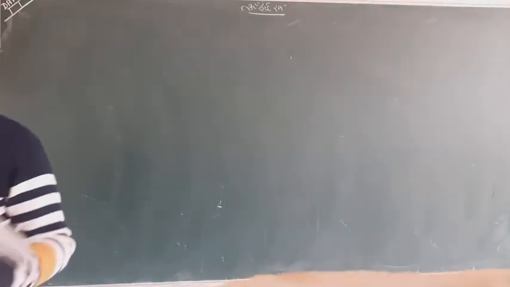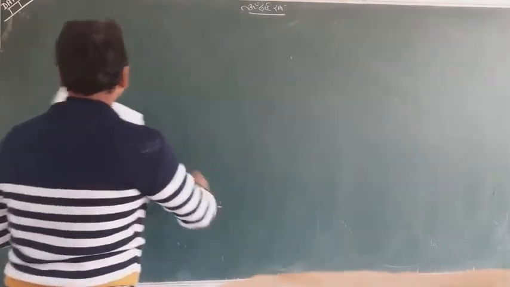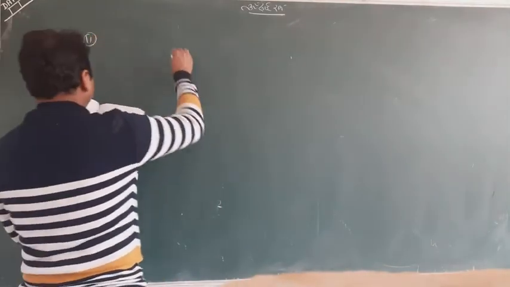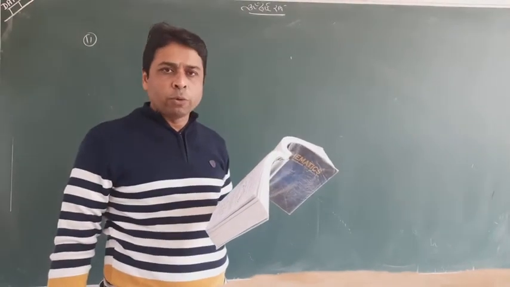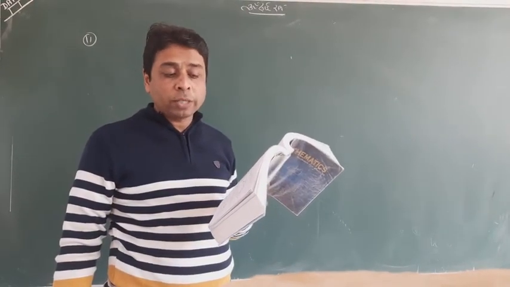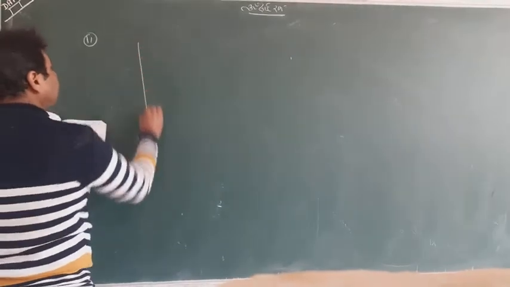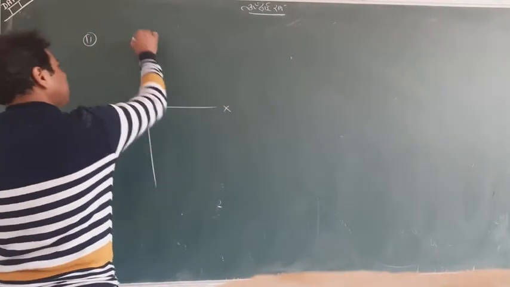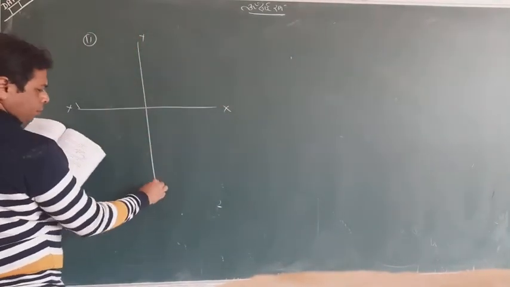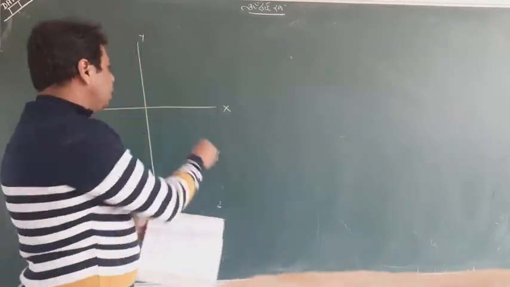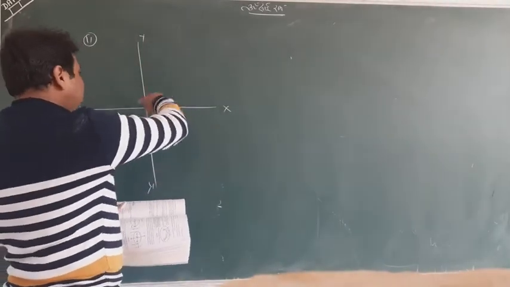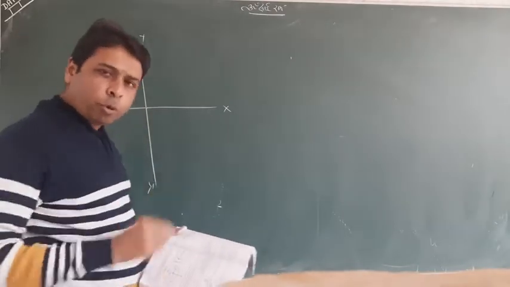Now we have question number 11. Question 11 says, find the equation of the parabola whose vertex is at the origin and passing through (2, 3), along the x-axis. Look at it. The question is simple, but it has two meanings. Make a picture. The vertex is at the origin, meaning here. So it may be either this one or this one. Both conditions may be possible.